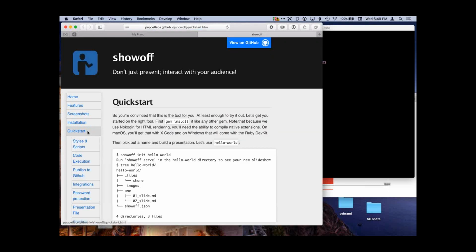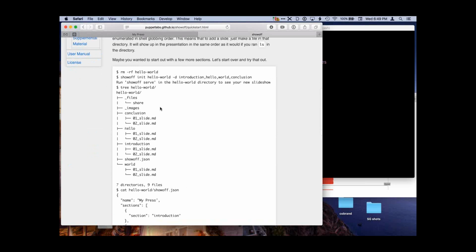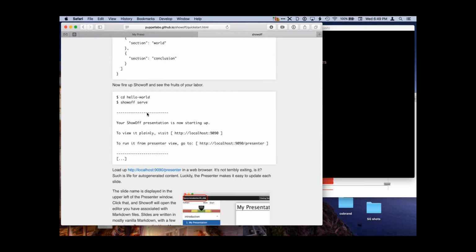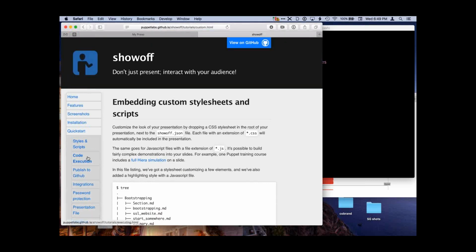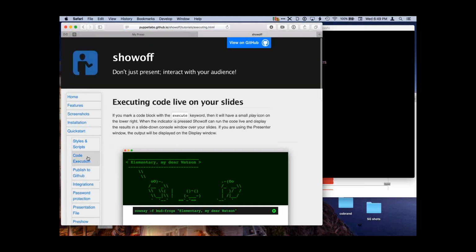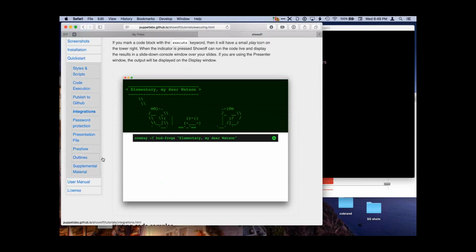But it also has some little quick start guides. Going through Showoff, you can just gem install showoff and init Hello World. It'll tell you how to get that started, how to do multi-section slides, how to serve, how to edit the files locally, how to add custom styles, how to execute code, etc. There are a whole bunch of small tutorials off to the side there.